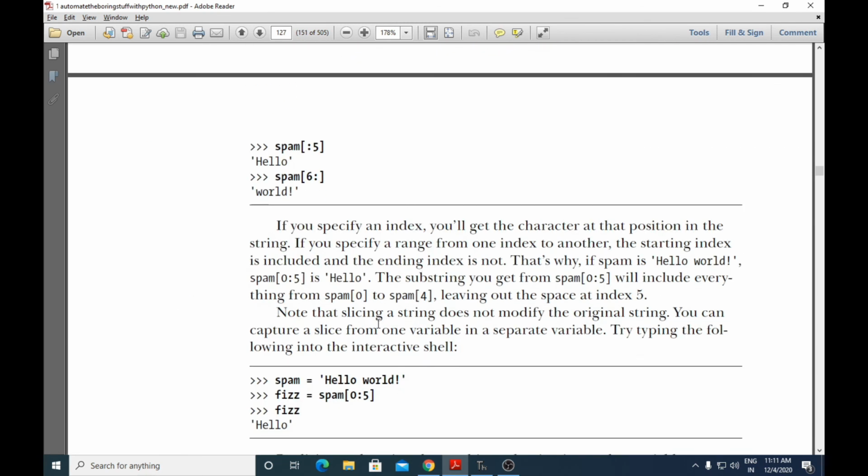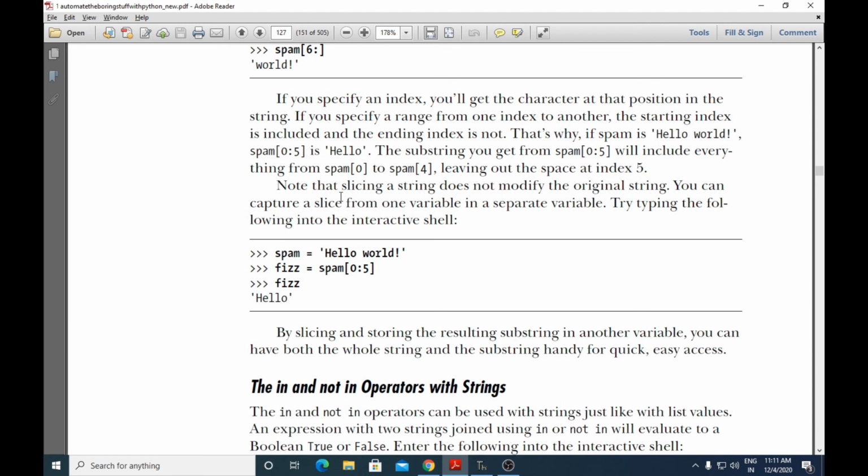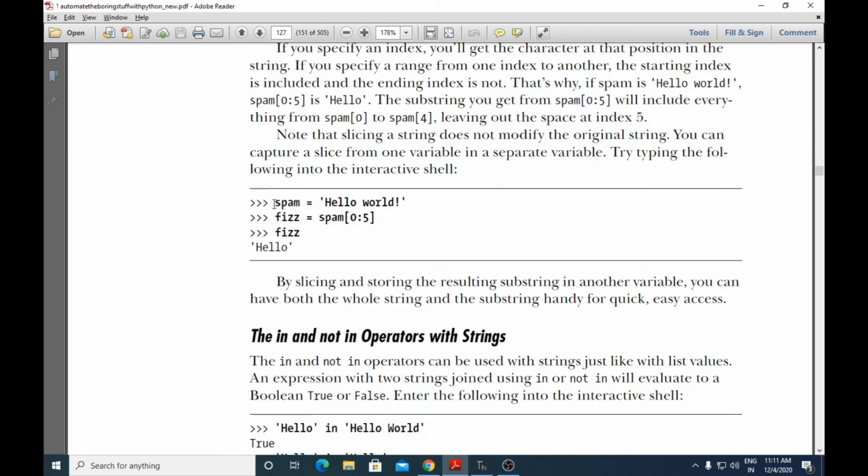Next, note that slicing a string does not modify the original string. You can capture a slice from one variable in a separate variable. For example, you have spam equal to hello world. Spam[0:5] you can assign to another variable known as fizz.